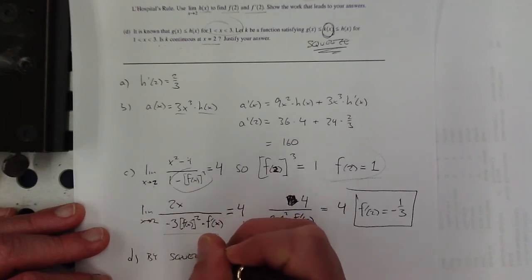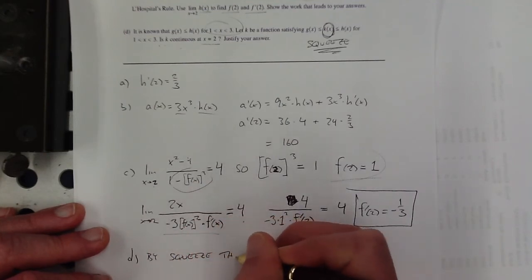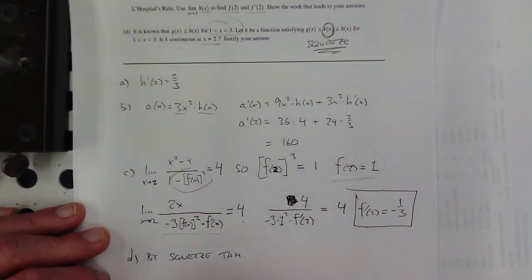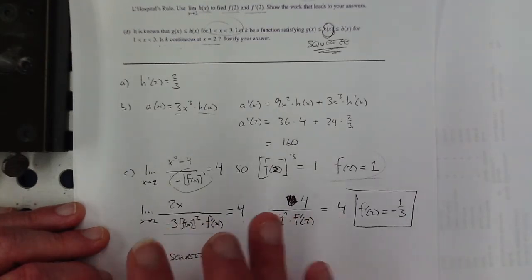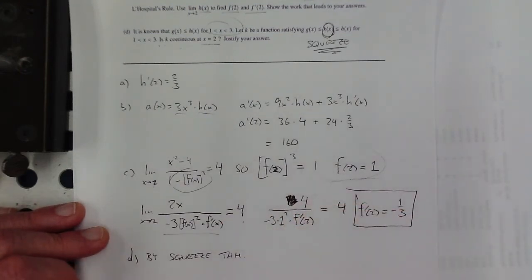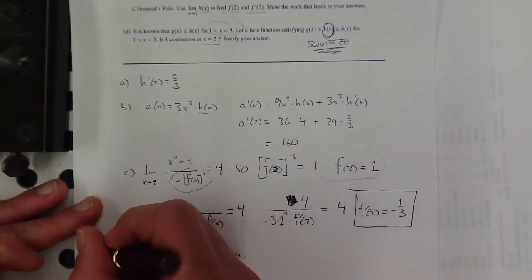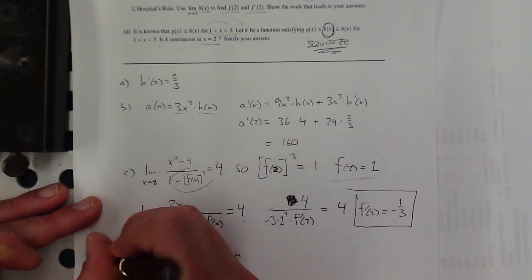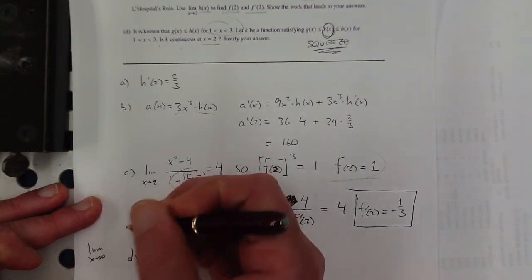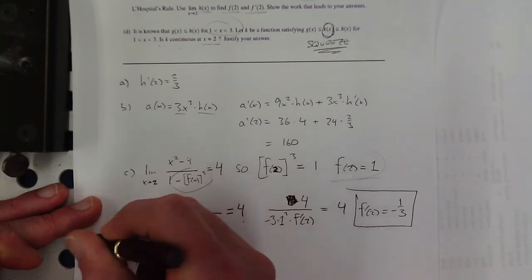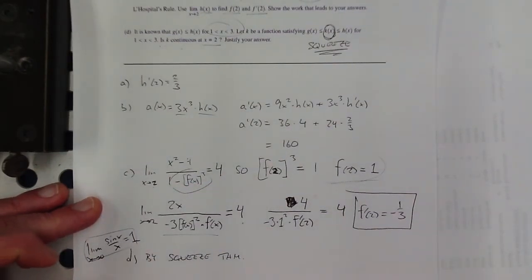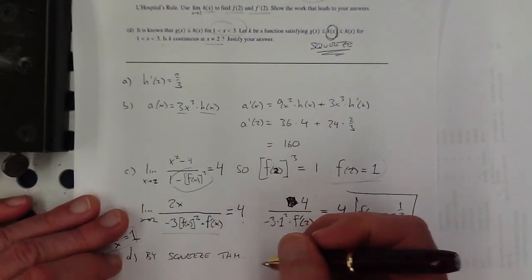So by the squeeze theorem, if you want to go back and look at that, I think that we saw the squeeze theorem, I do believe that was in section 2.5 or 2.6. It was with the squeeze theorem that we got the result that the limit as x approaches 0 of sine of x over x is equal to 1. That was the squeeze theorem result, way back in chapter 2. So by the squeeze theorem,